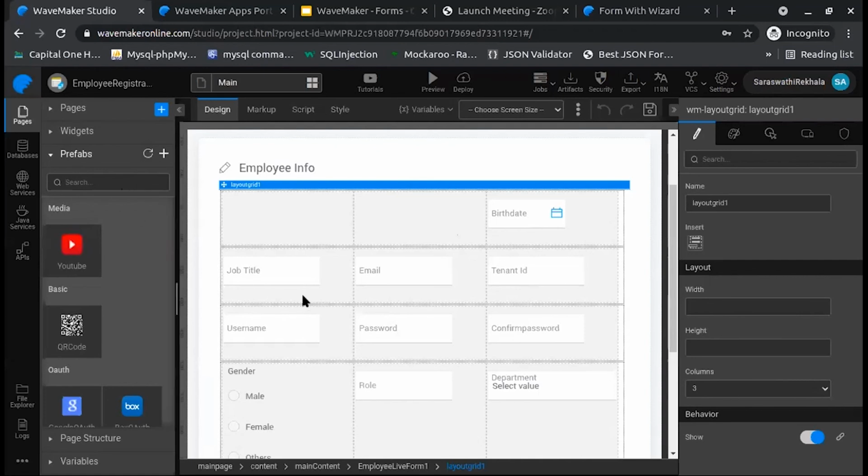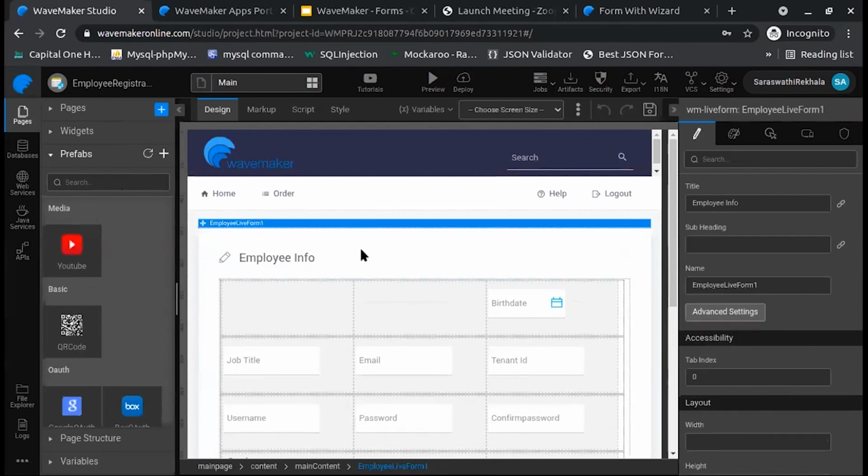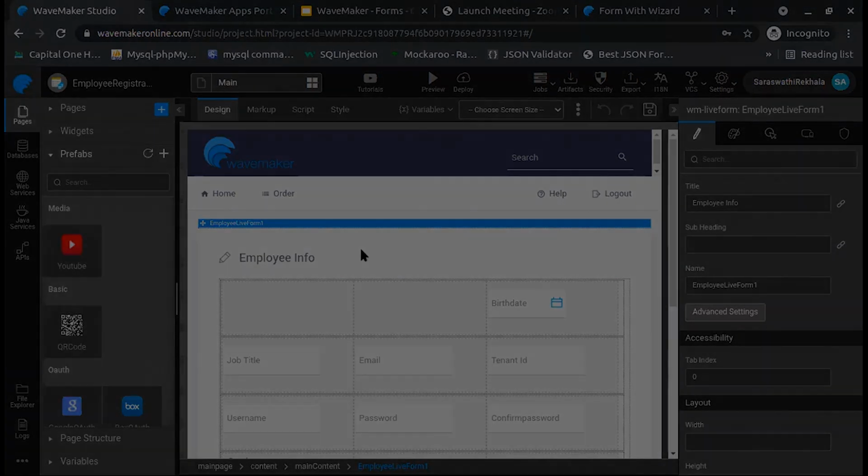I think the question is slightly different. I think the question is more around if the Angular component, which is built, let's say, in an older version, can that be imported? Yes, it can be either a jQuery or an Angular component. We can wrap it in a prefab and they can use it, Aditya.